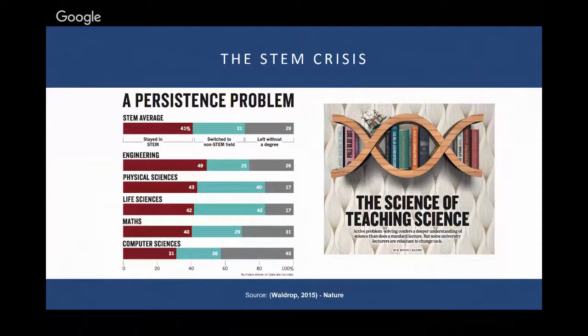One of the things that also drives us a lot in what we see out there is this study that was published in Nature less than 2 years ago that looked into the US dropout rates within STEM specifically. What we saw is that nearly 60% of STEM students are either completely leaving their degree or switching to non-STEM fields of education. And we do believe that's way too many, and to a large degree, parts of this is really because we're not able to fully engage and motivate the students with the education.